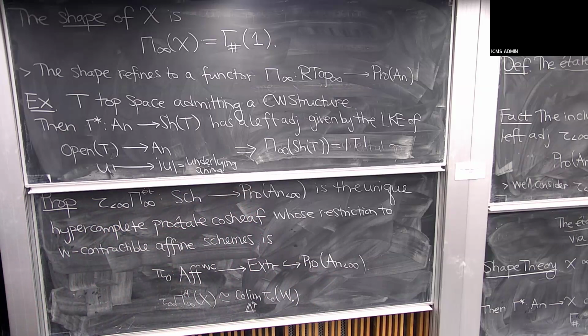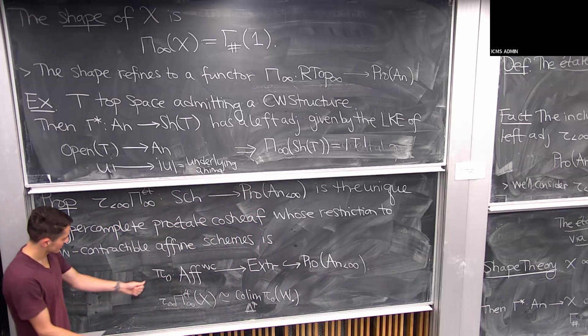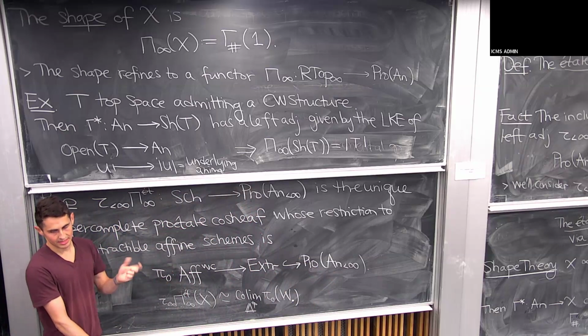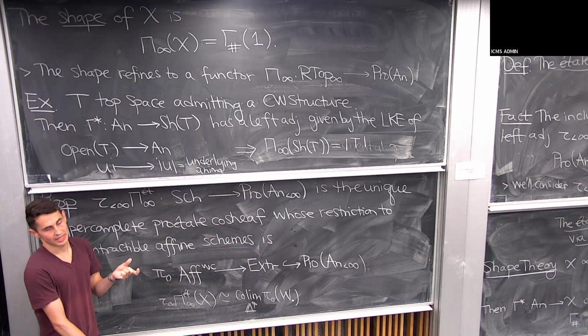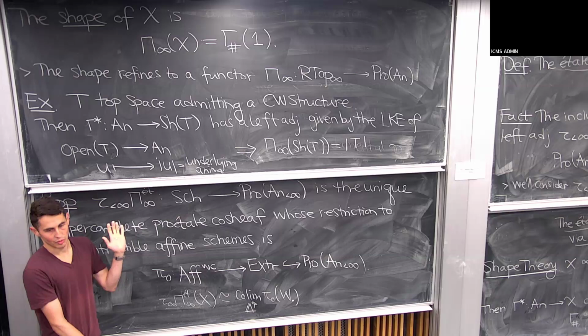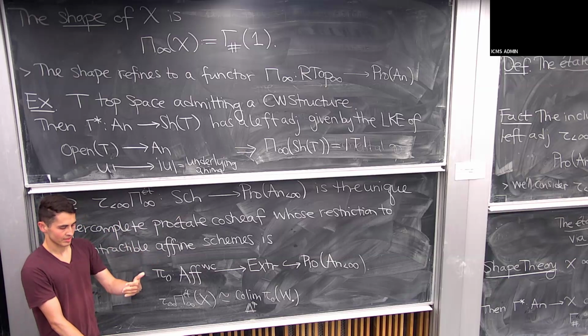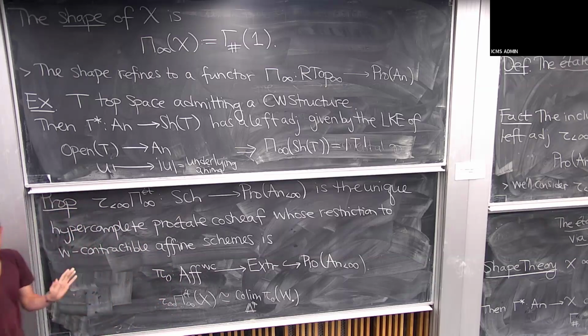What does pi zero mean? Yeah, so it's the set of connected components, but now the set of connected components of a topological space actually has a topology, which is the quotient topology. Now, maybe you don't usually think of that, but when you start with a QCQS scheme, it turns out that quotient topology is always a profinite set. So it's really something rather simple.